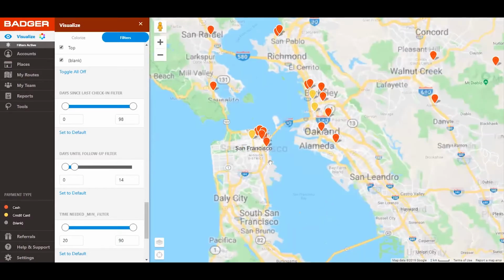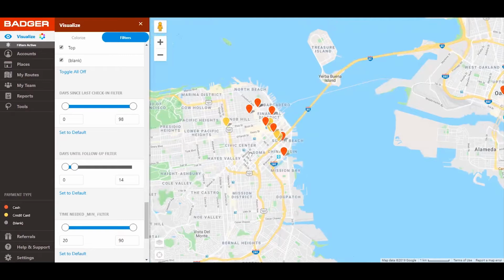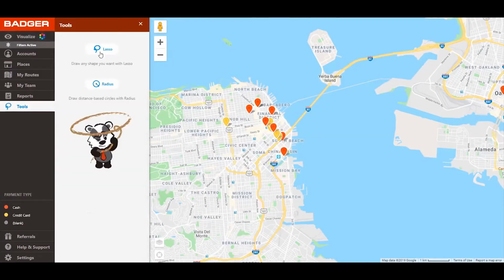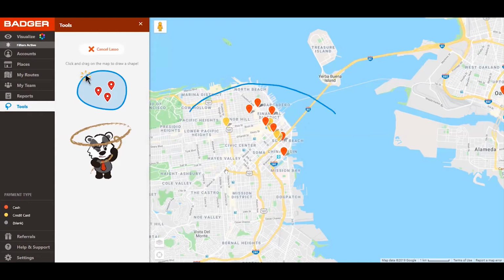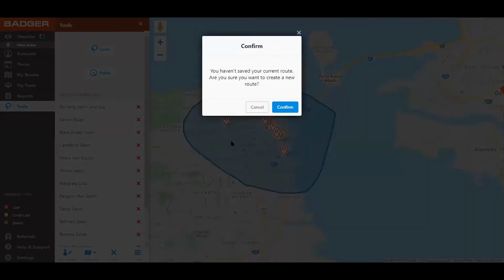So now let's build a route. It looks like I've got a cluster here in San Francisco, and I'm trying to figure out what to do tomorrow. So this cluster right here in San Francisco looks pretty good. What I'm going to do is build a route for this group right here. I circle them, and I press create route,